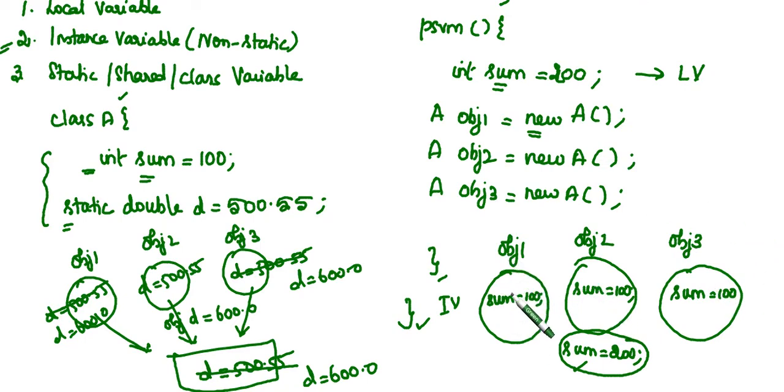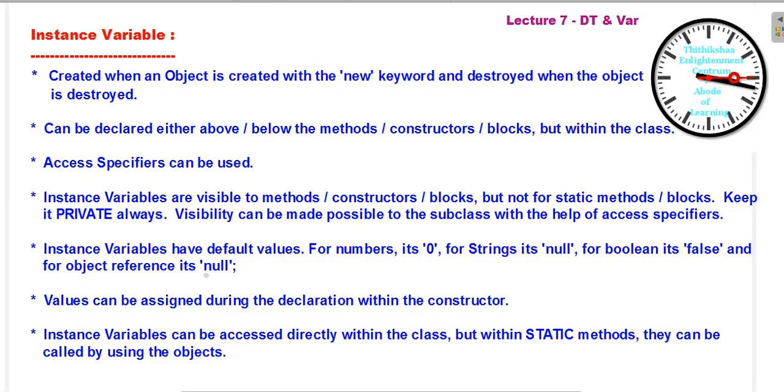Okay, so instance means everything will have its own copy. Even the second object, when it changes the value, only in that particular object the value will get changed. But shared means when the second object changed to HTML5 and CSS3 tutorial, it gets reflected in all the 3 objects. Okay, this is said to be the shared variable.